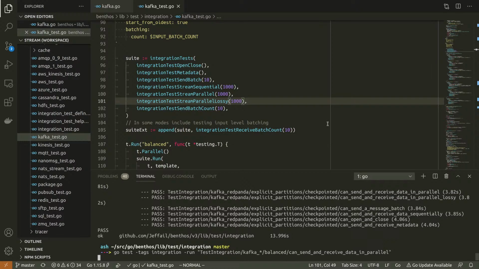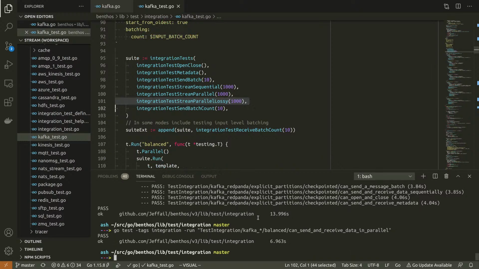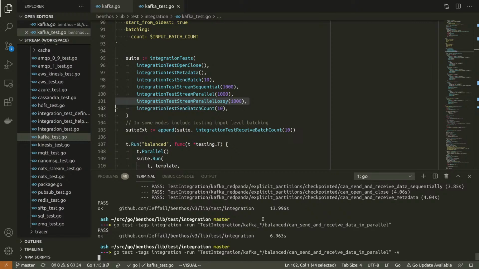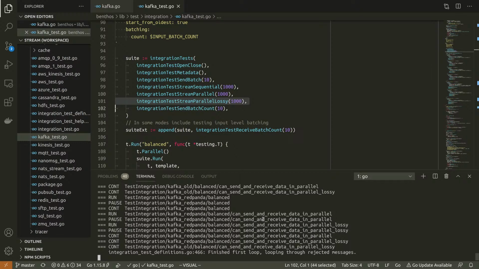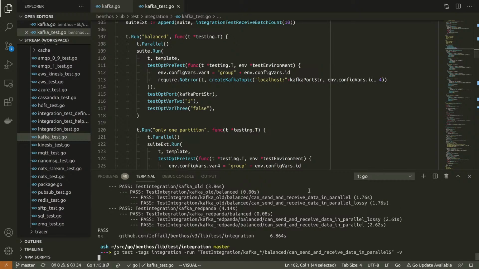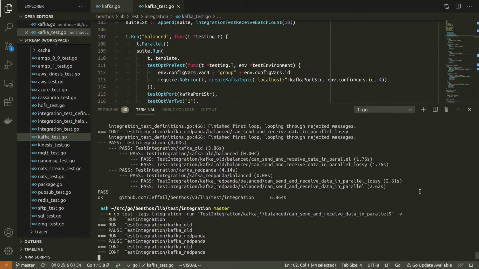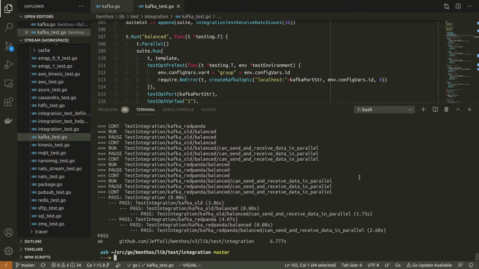Okay, that should run this single test once for both types. Let's just make sure that's the case. Oh, it also runs the lossy one. Okay, we need to not do that. Let's not do that. Okay, right, so we're running each test. They take about 4 seconds each, mostly spent setting stuff up.